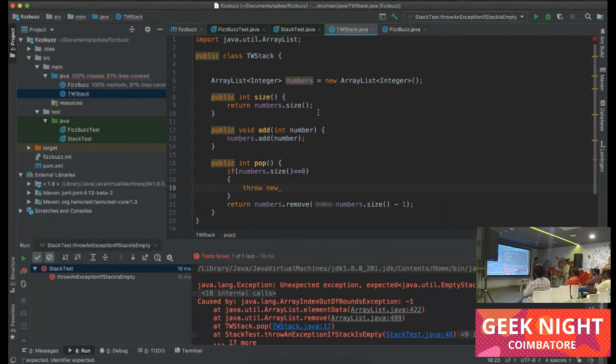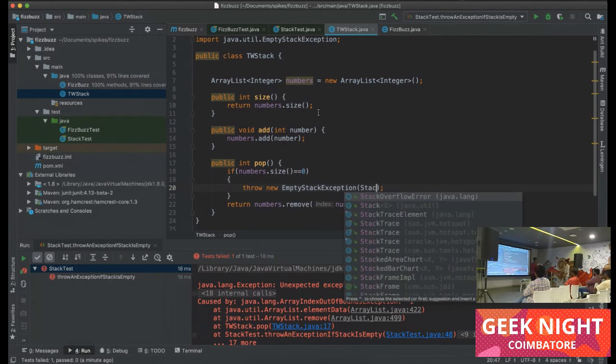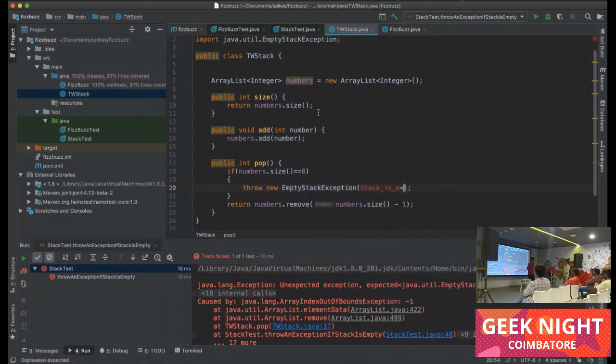Yeah, it's not accepting any arguments. Let's throw an empty exception for now. Let's run the tests.